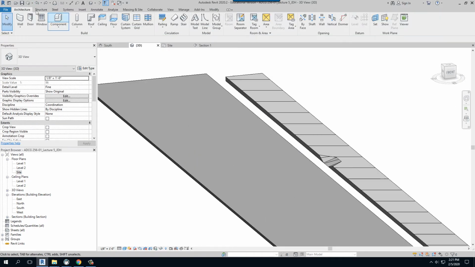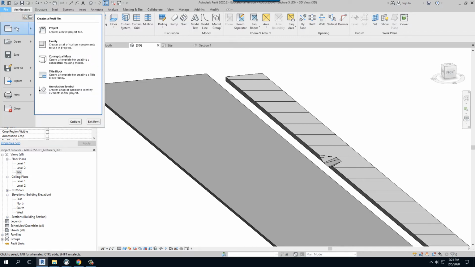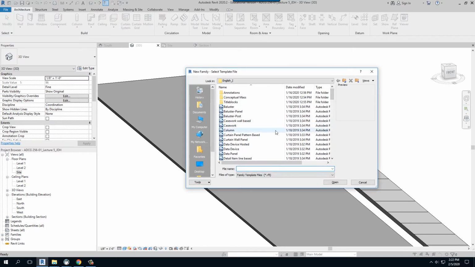What I'm going to have to do is go over here to file, and I'm going to go to new, and I'm going to create a family, right? When I click on that, I'm going to get out here, right? And it's offering me some template files. Well, I don't want to get into the templates for these families right now. What I want to come down to is where it says profile. And what that profile is going to do is allow me to create my own sweep to run along my sidewalk. Okay, so when I click on that and say open,